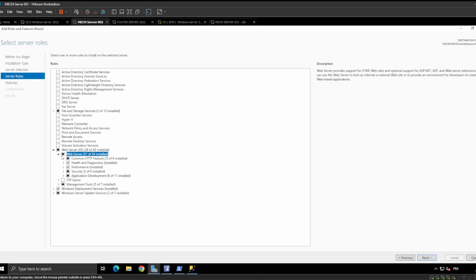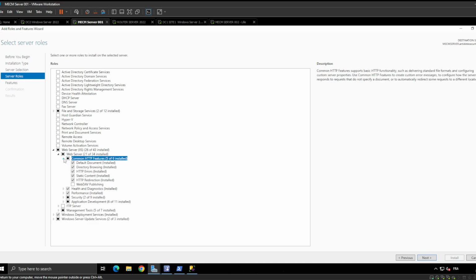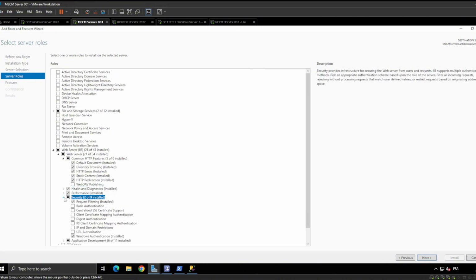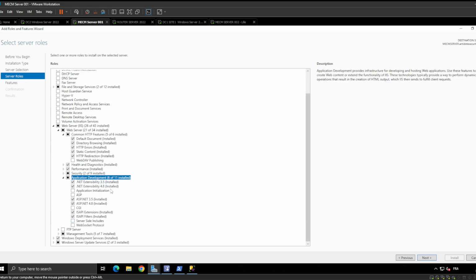Here I have 21, I have 5 for the common HTTP features. When you see a gray check, it means everything is selected. So here I checked everything, here I checked everything, here I checked 2 of them. And the one that really caused me problems one time, I think it was this, guys. Please check this one. Check this one really in detail, because